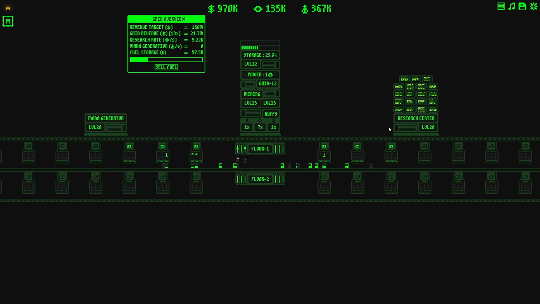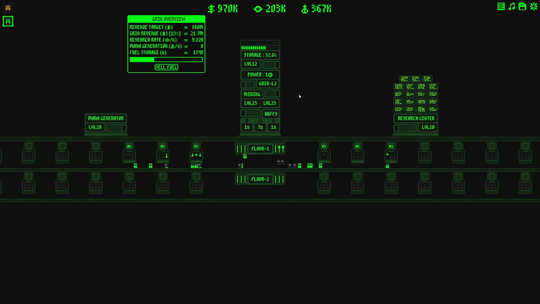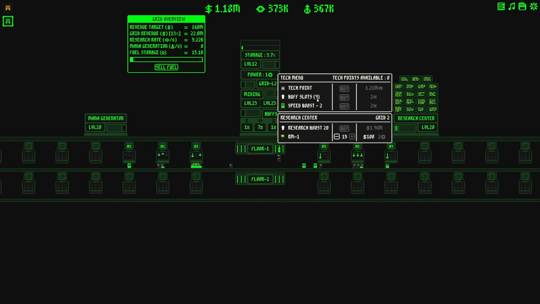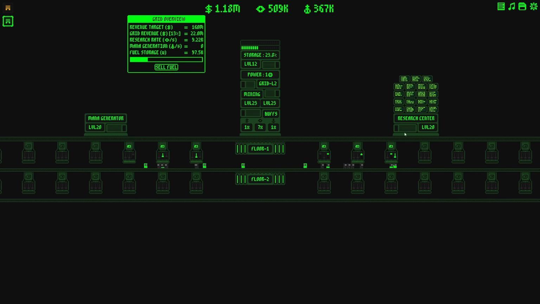Let's actually go for speed. Let's go for the speed boost. Sure. I think that's actually better for us because with buff slots, we can turn all three on at once, which I think is basically the same as... I think we want to go for the next speed boost, and then after we finish up with this... Oh, we got one more...